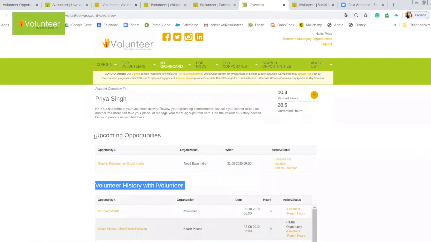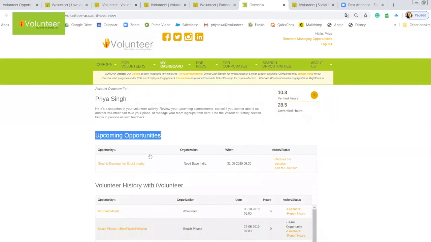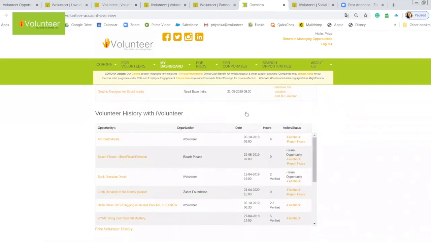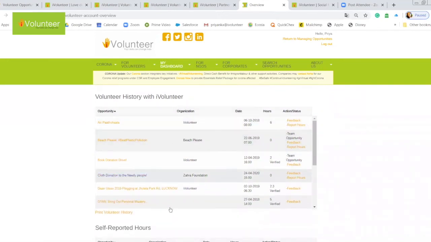It also reflects my upcoming opportunities, because I have signed up for a project and it shows me that this is an upcoming opportunity I have signed up for. This is all the projects which I have volunteered for in the past. For this one project, I can share feedback as a volunteer, which the NGO will get.